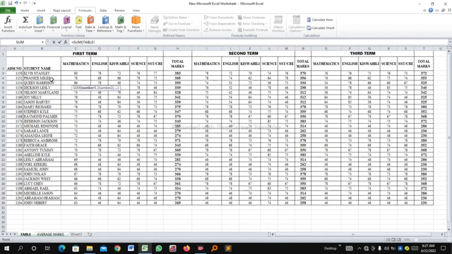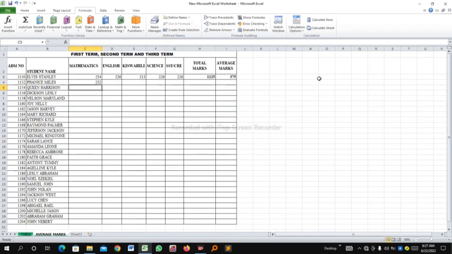So for the first student in the first term, we're going to go to the marks column, click on the marks for mathematics, then you put a comma, go to second term, second student marks, click there, put a comma, then third term marks, then after that you close the brackets, then you enter. And once you press enter, it will bring us the total marks for